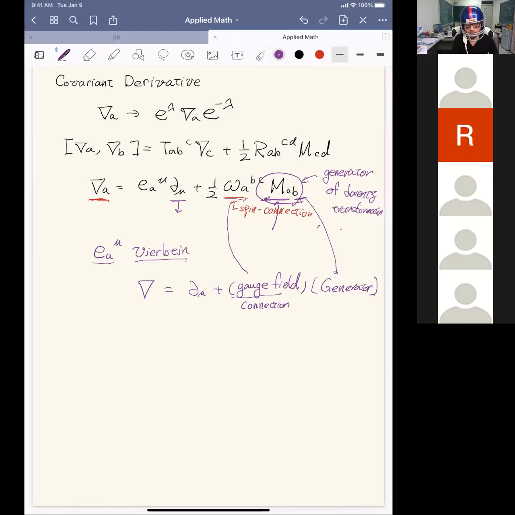Now, what is special about GR, or about this kind of gauge system, is that for translation, the generator is also a derivative. So the generator is the same thing as the derivative. Therefore, we write the combination. In principle, I should have had a gauge field multiplied by a derivative,